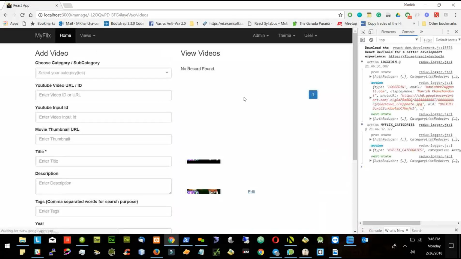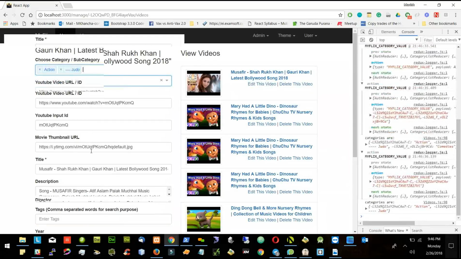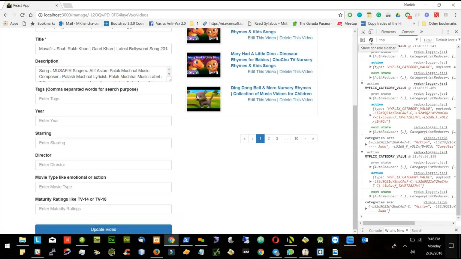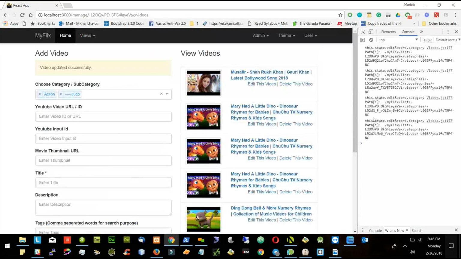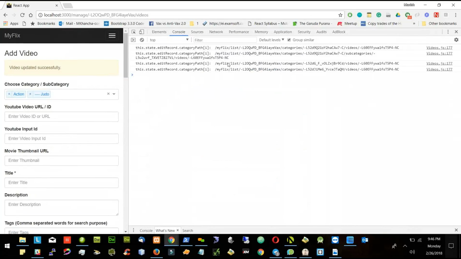And now I'll try to edit it again. And I'll delete two of the categories and I'll say update. Once I update, I will see the path. So I have my flicks and then I have list. Then I'm going to list ID, I'm going to categories, and I'm going to the,